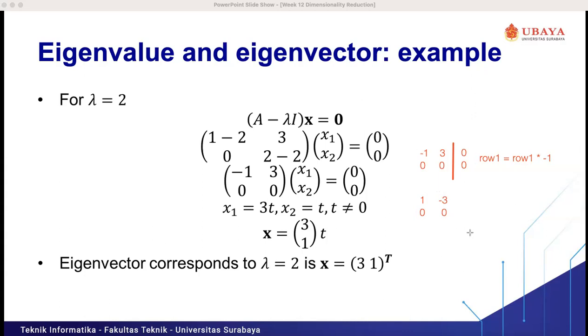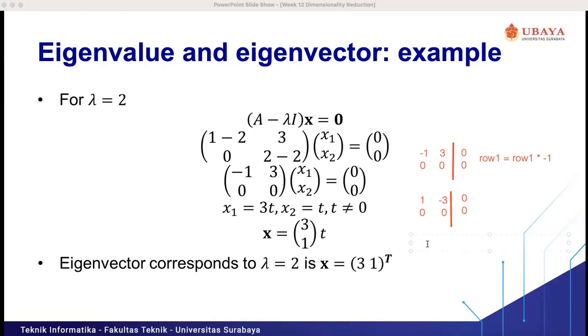Then for the values on the right will be 0 and 0, 0 and 0. Then we already get one value here, on our left, the leftmost row and the leftmost column, because for the solution in a row echelon matrix we need to make sure that the one value is in the leftmost column. So this is the solution.